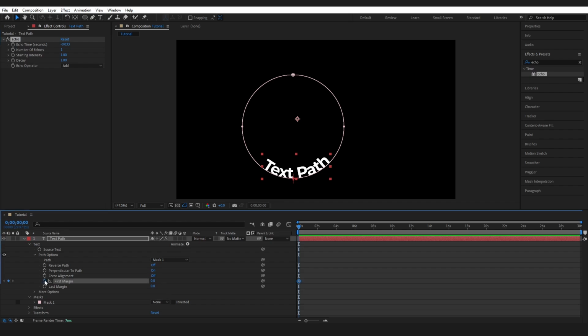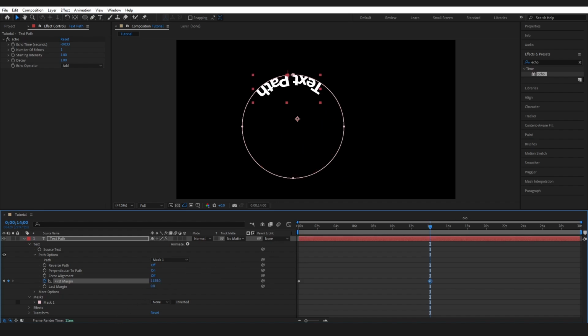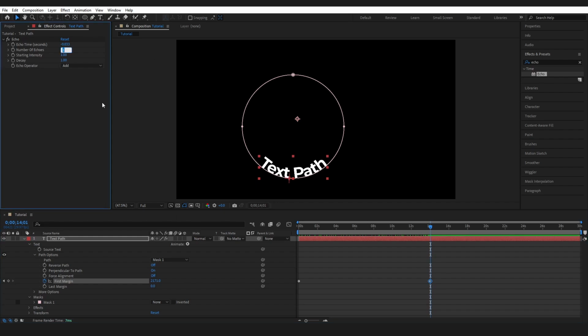So I'll add a keyframe here, and then I'm going to kind of manually eyeball it, coming back to the same area. It's going to go round and then stop. Okay, so I'll just bring it out here. Now, at the point of the echo, I'm going to put in 3 echoes. And you can see it's not really made much of a difference there, and that is because of the echo time. So I'm going to drag this out, kind of